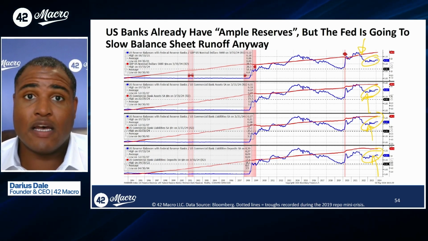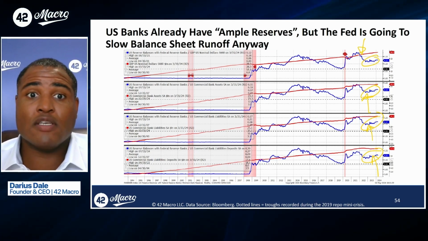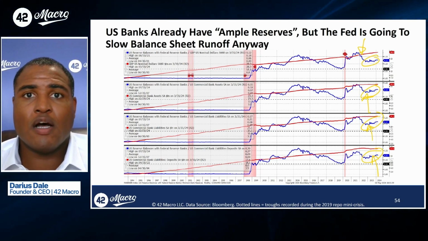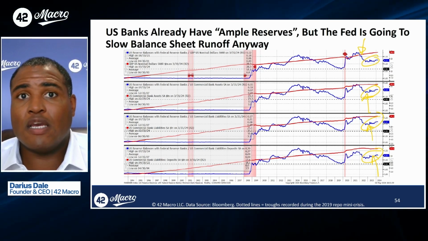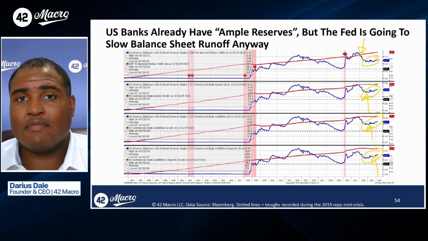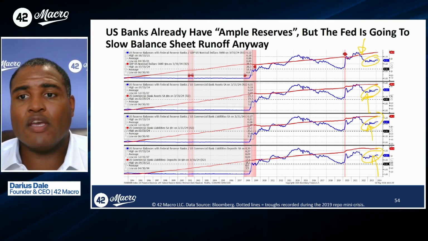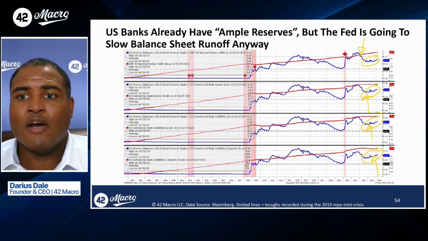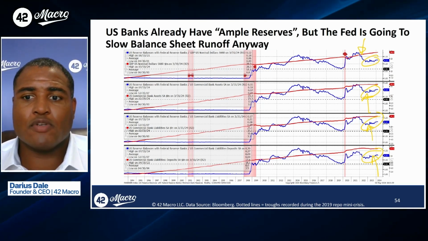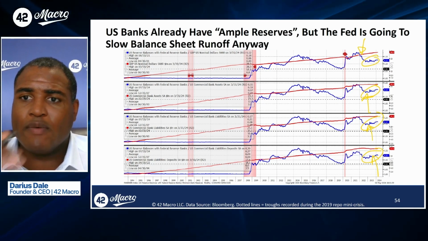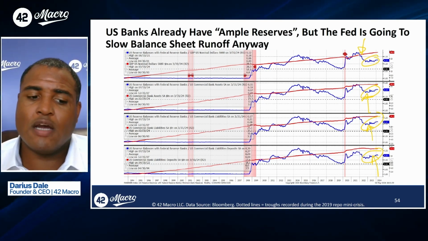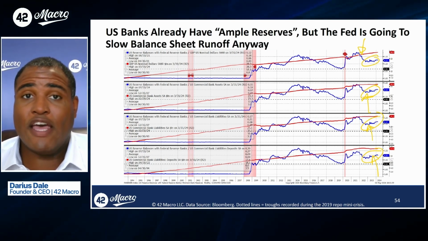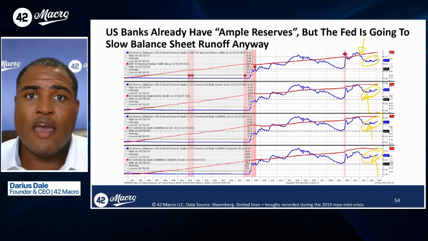But in terms of the Fed's contribution to that, they're obviously going to maintain this dovish policy. And what we learned this week on the balance sheet side of the equation is that they're going to taper balance sheet runoff on the Treasury side of things from $60 billion to $25 billion, which at the margins is positive for risk assets, because it's positive for U.S. liquidity vis-a-vis bank reserves. But the one key takeaway I'll say from this chart that indicates to us that Jay Powell, come hell or high water, may just want a soft landing and is going to put his head in the sand and ignore